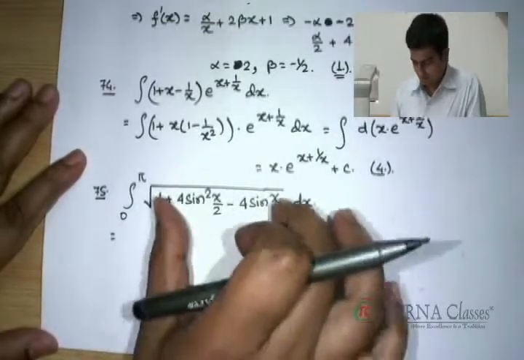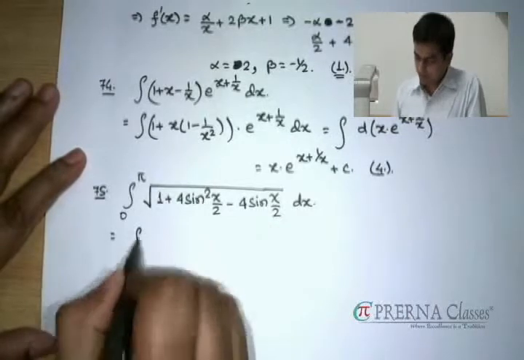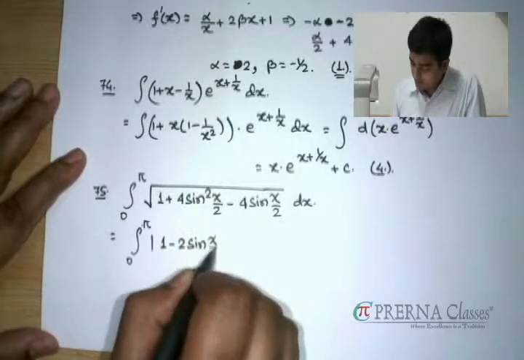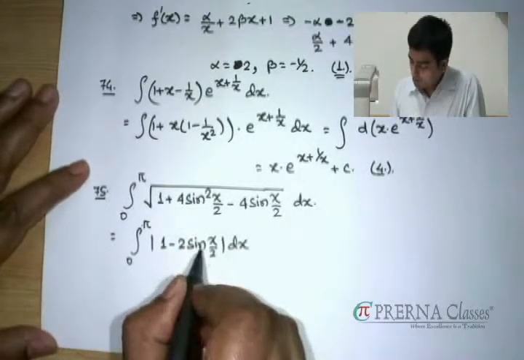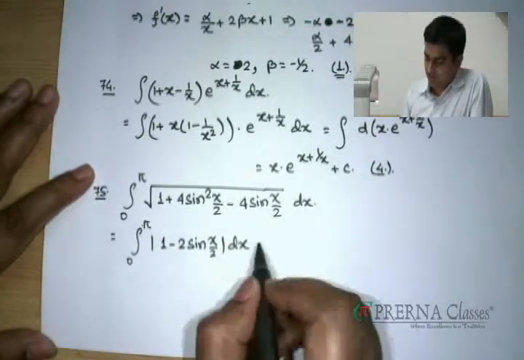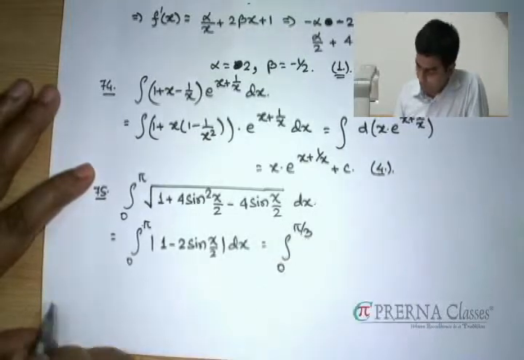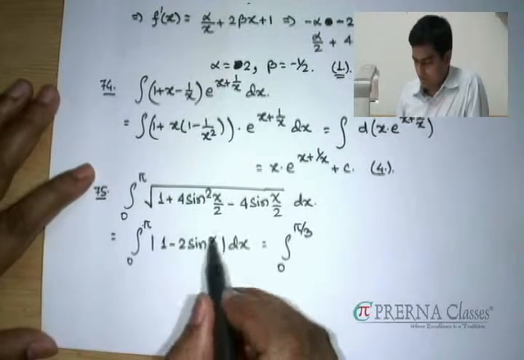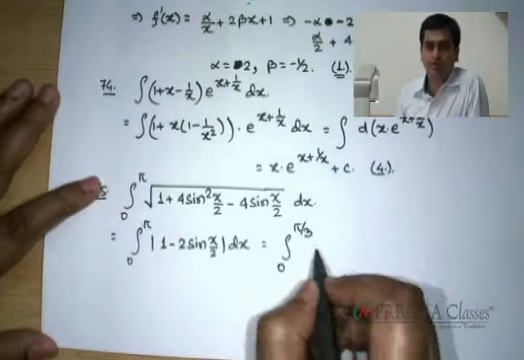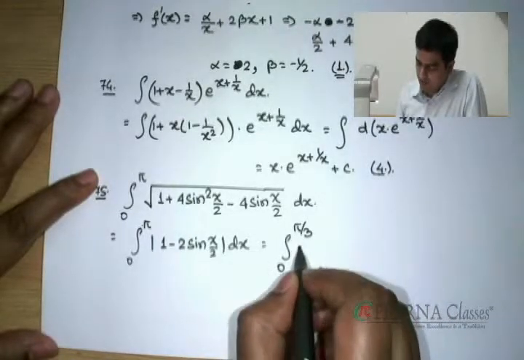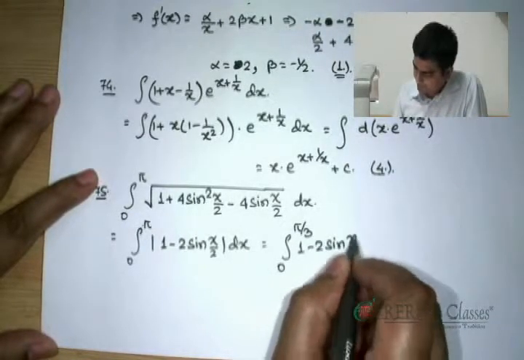In the next problem, we have one definite integral within square root. If you observe, that is a perfect square, but since we have positive square root of a perfect square, we have to have a modulus inside, that is 1 minus of 2 sine of x by 2, whose critical point corresponds to that case when sine turns out to be half. That means we need to break this interval into the case when x by 2 turns out to be 30, that is x equals 60. In this interval, you can clearly check that 1 is going to dominate over sine.